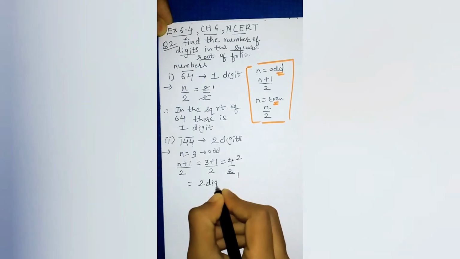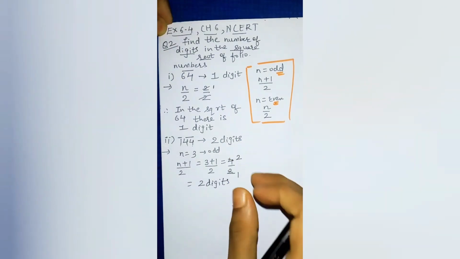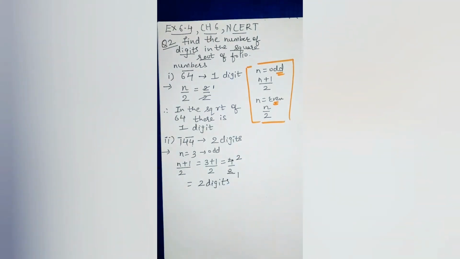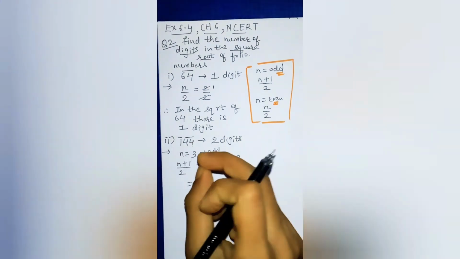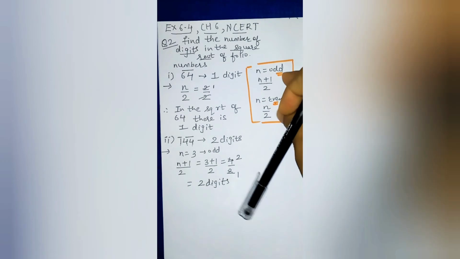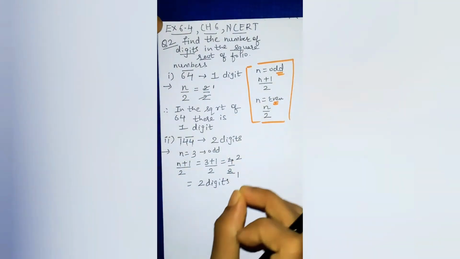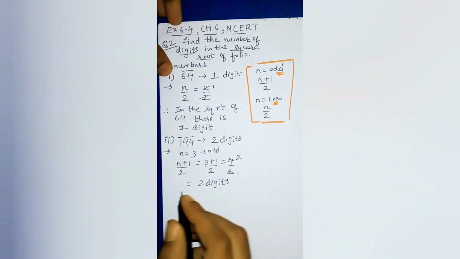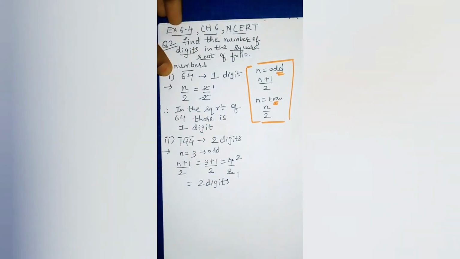So 2 digits. Any method you use, the answer is the same. By both methods the answer is the same, so whichever you feel is easy you can use. Both are easy actually. You just have to draw the bar and you come to know the digits, and the other is odd and even. So 2 digits are there in the square root of 144. This was the second one. Now the third question is